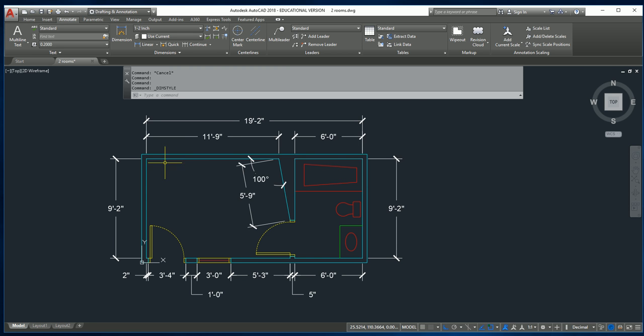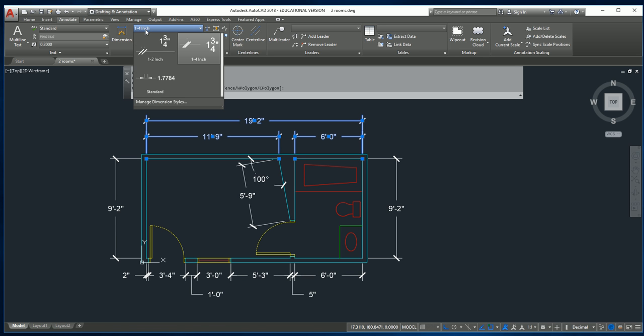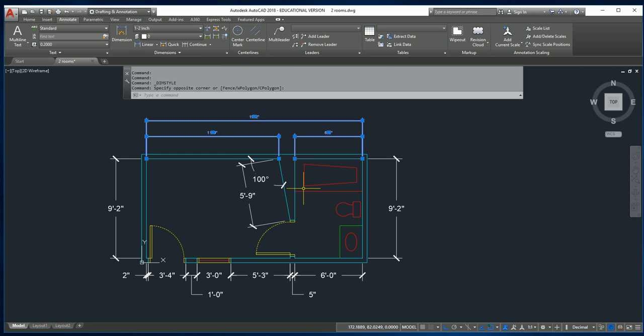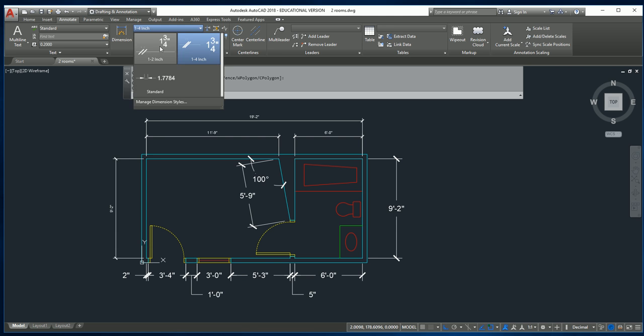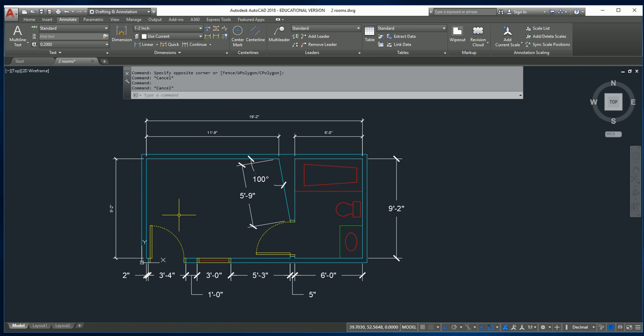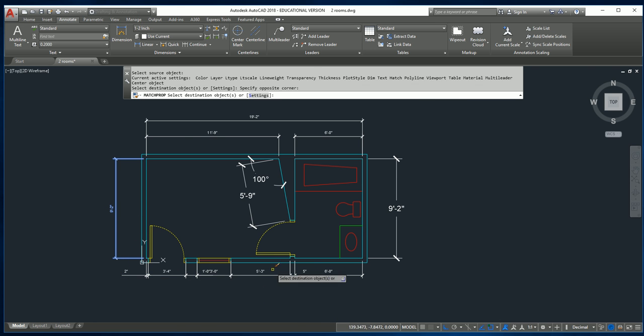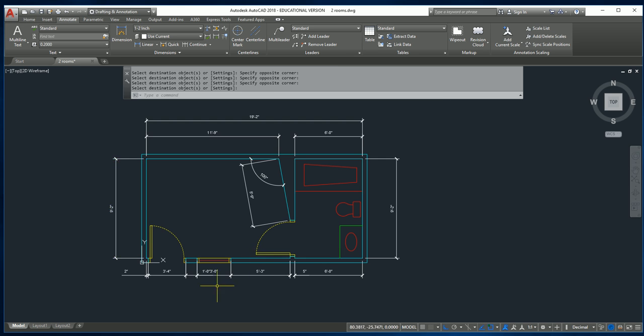We hit close. So all of these are on the other style, right? Similar to layers, if I select my dimensions and come up to the top and see where it says 1/4 and I click on half, it'll actually change the dimension style. So one more time. If I select a dimension, up here you can see it says 1/4 inch. If I pull the drop down and click 1/2 inch, it actually changes it. And just like layers, I could do match properties. So I could simply come in here and change all of them to be a little more